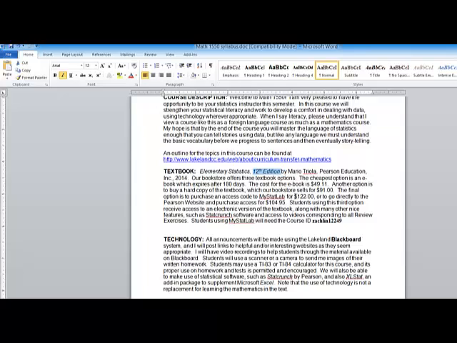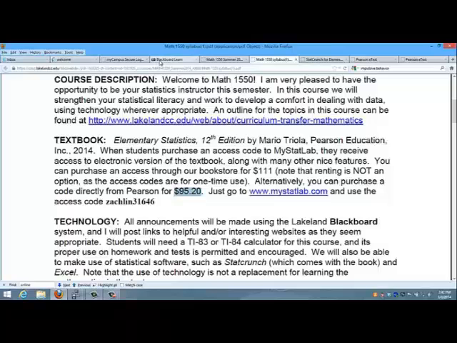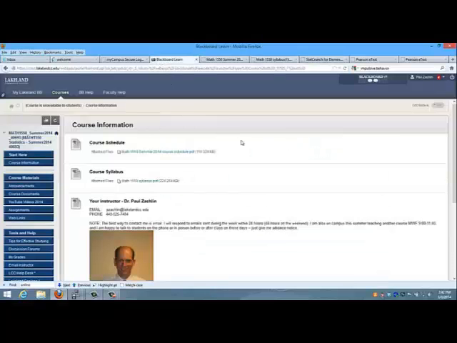The third option I'm going to explain is how you get the MyStatLab directly from the publisher. And so I'll explain that to you now. So if you're on Blackboard, there's two ways I know to get here. One way is you can just go to any web browser